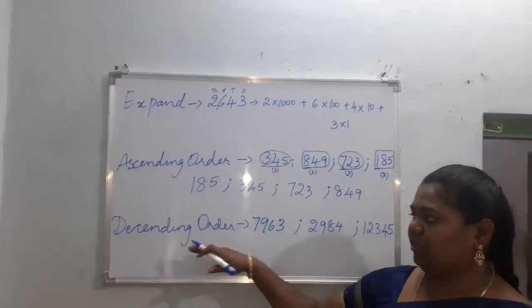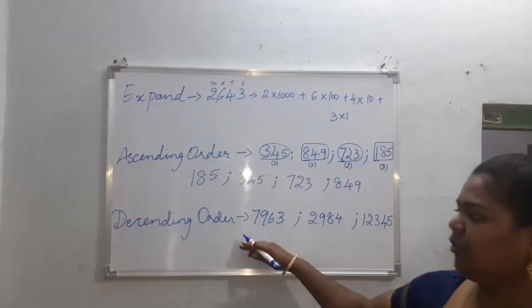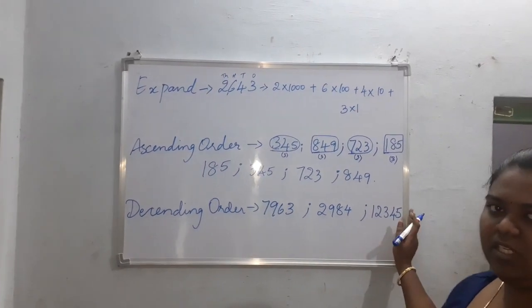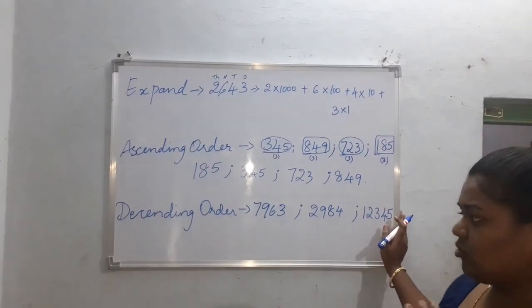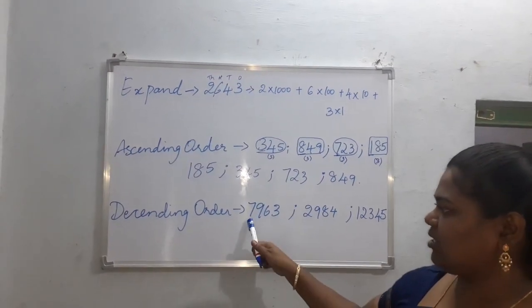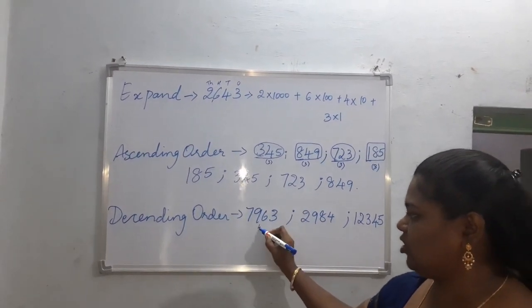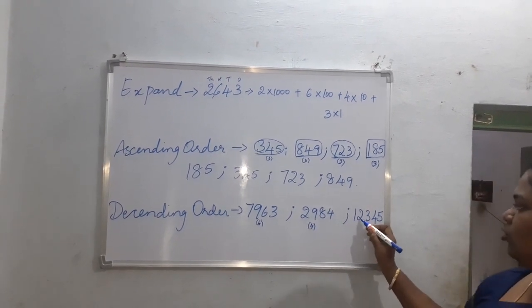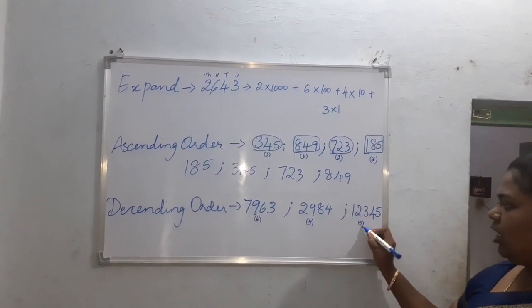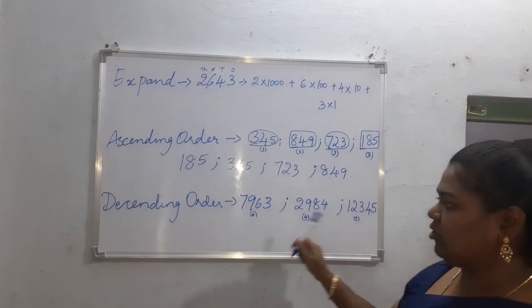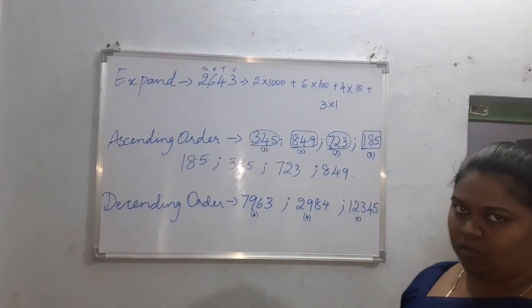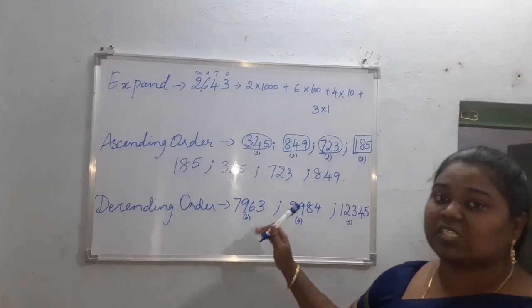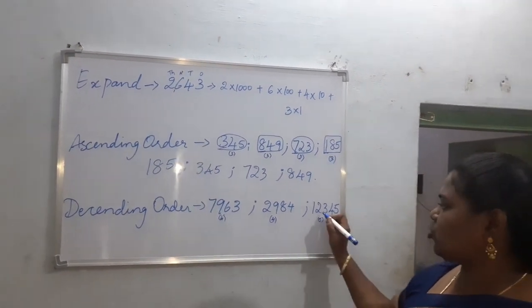In the same way, the reverse one, that is descending order, you have to start with the greater number. That's the largest number. Same thing. Here also you have to check the number of digits. Each number is having 1, 2, 3, 4, it's having 4 digits. This is having 1, 2, 3, 4 digits. And this is having 1, 2, 3, 4, 5 digits. If you don't see the number of digits, if you see only the first digit and follow that, you might think 1 is smallest and 7 is largest and you will start with 7,000. But basically this is 12,000.